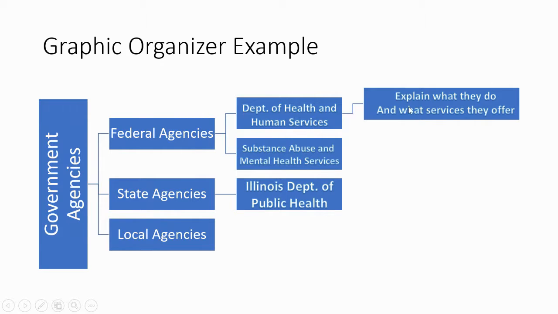The next step, I just did one over here, was tell me, what does this agency do and what services do they offer? And so you would do the same box for each of these over here. Obviously, for the state agencies, you would try to come up with a couple more that would belong over here, as well as local agencies. As you're completing this assignment, if you need help creating a graphic organizer, just send me an email and I can provide you with several free websites and tools on creating graphic organizers.